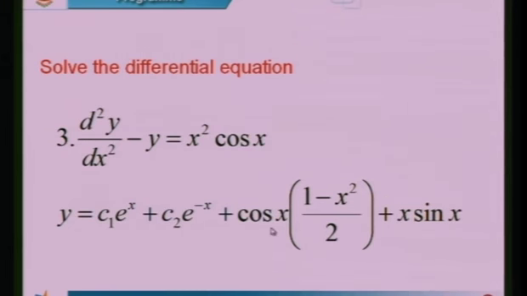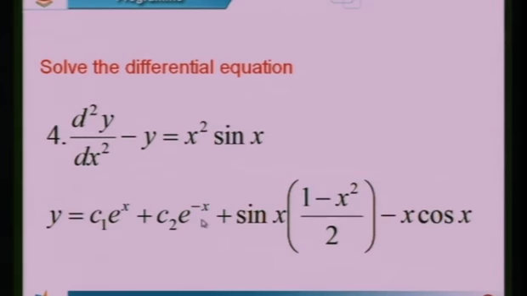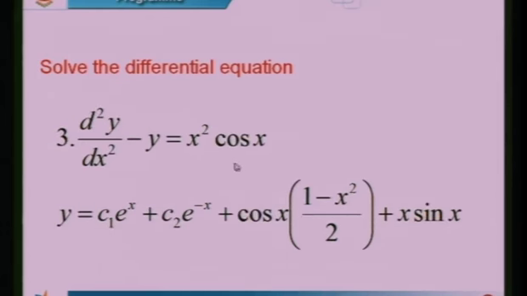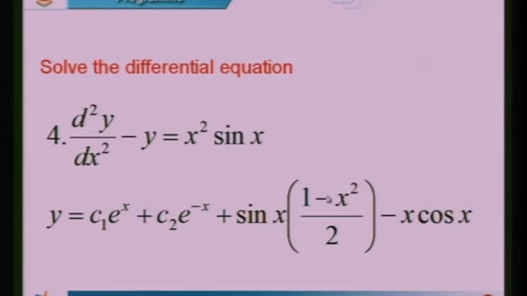See, you may not, because it is a book answer I have written. Here 1 by 2 cos x minus x square cos x by 2 plus x sin x, that is the form we may get. No problem, we can write that only. Book in the textbooks they give it as a simplified version, it is not necessary. Cos x by 2 minus x square cos x by 2 plus x sin x. Like that, one more problem. See here, I think same question. This is, if you take the real part, you will get this answer. If you take the imaginary part, you will get this answer.